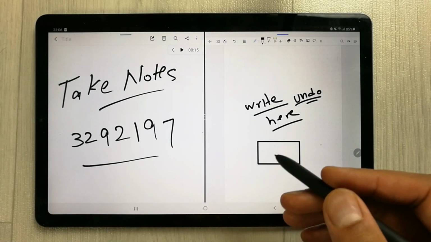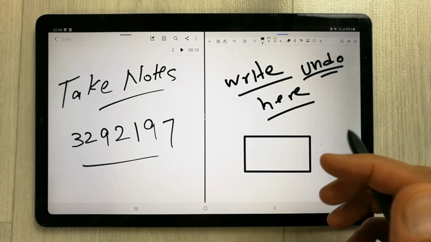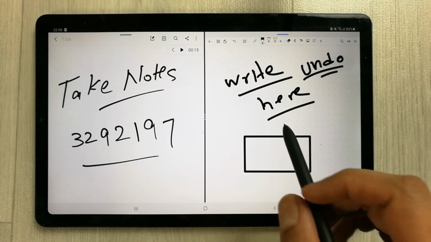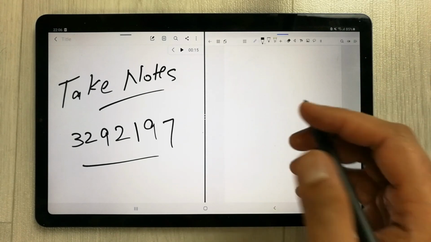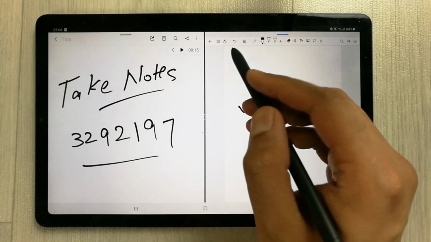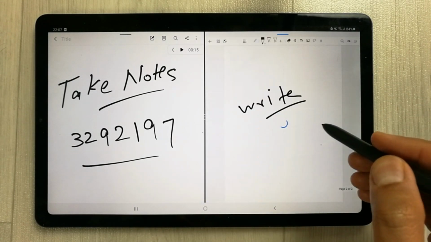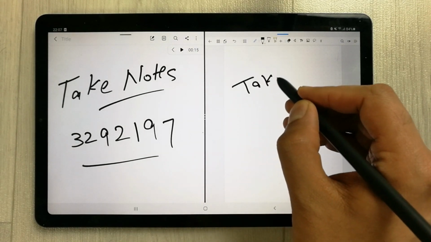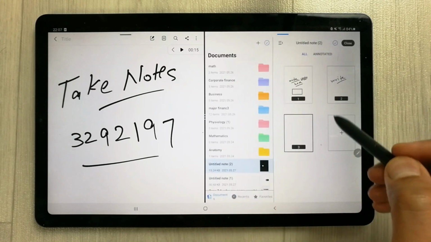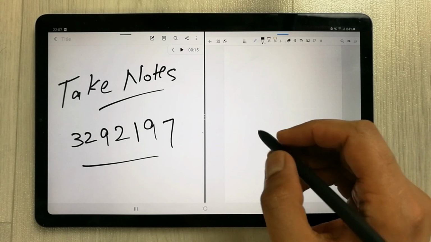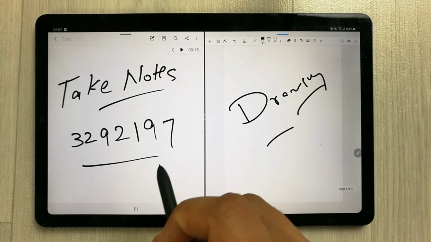The other feature that Flexel has is the multi-page view option. So I will show you what the multi-page view option is. For example, I create a new page, and I want to write something here. So I create different pages, then I go back and I create one more page. So I open this page, I take some notes over here, and then again I go back and create one more page, I open it and I do something in this page as well. So now I have 4 pages.